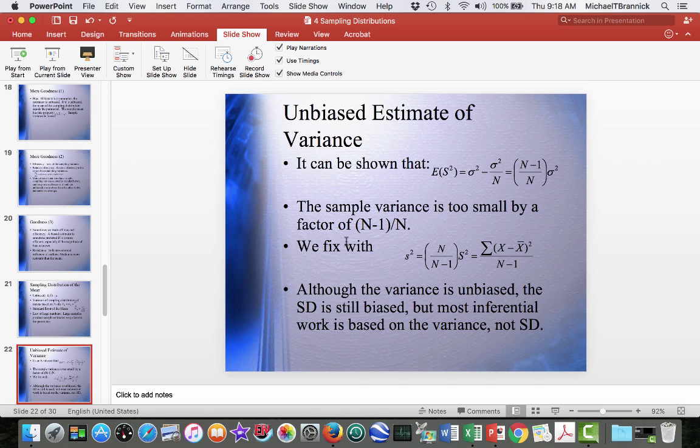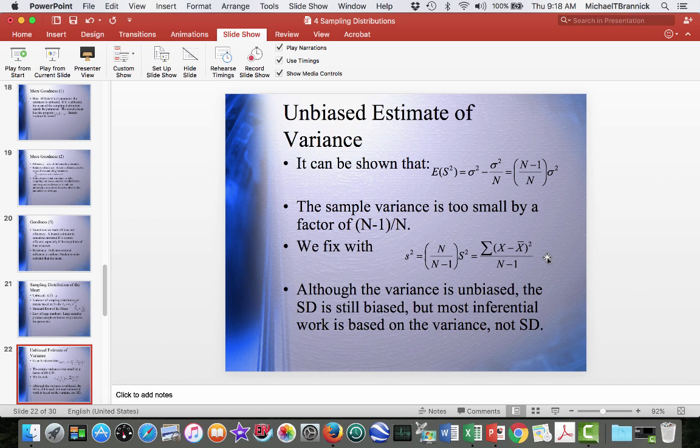So the way we fix this is we, instead of using big S, we use little s, and that is n over n minus 1 times big S. So you see, this thing has just been turned upside down. And if we carry out a little algebra here, we can show that that results in x minus x bar squared over n minus 1. So the reason we have this familiar formula of x minus x bar squared over n minus 1 for our variance estimator is that it results in an unbiased estimate of the variance, which is good because we want to